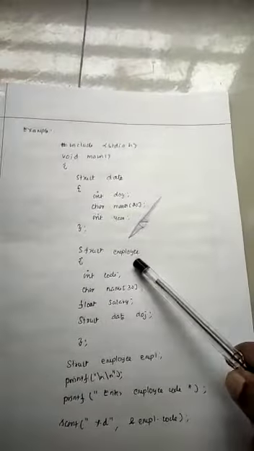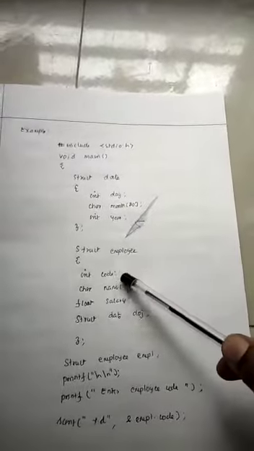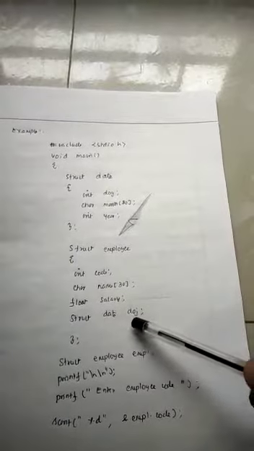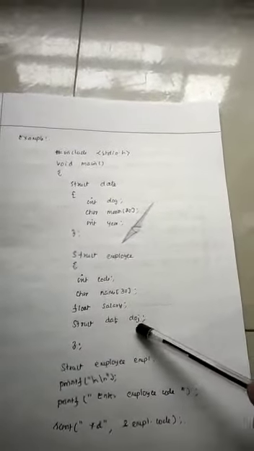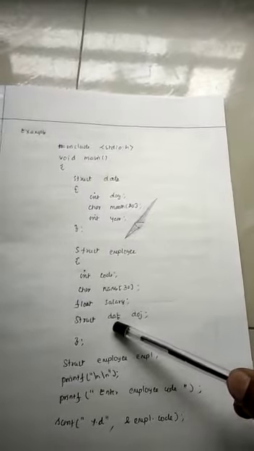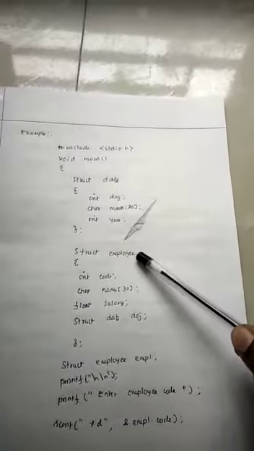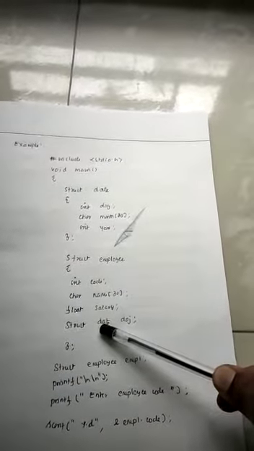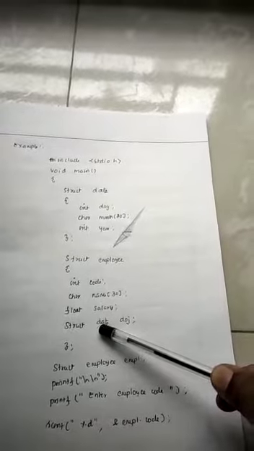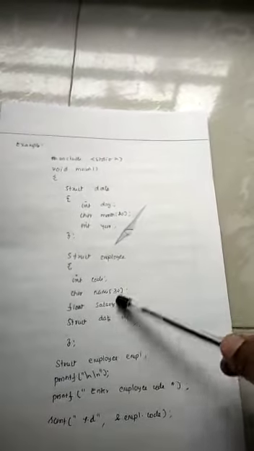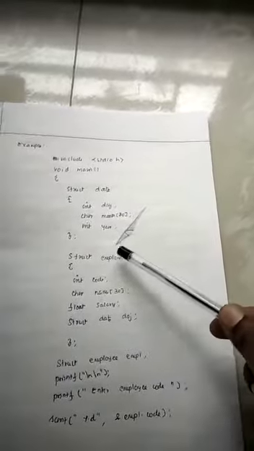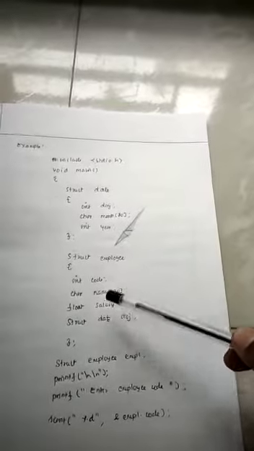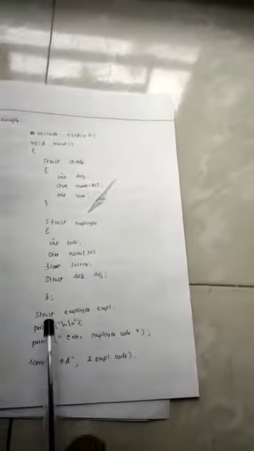Struct employee is another structure which has code, name, salary, and date of joining as its members. When it has date of joining as its member, it uses the structure date. It means that employee is the structure which contains date as its member, but date is also a data type of structure. So by this we can say that date is a structure within the structure employee, so it is called nested structure. Look at here how they are accessing the structure.